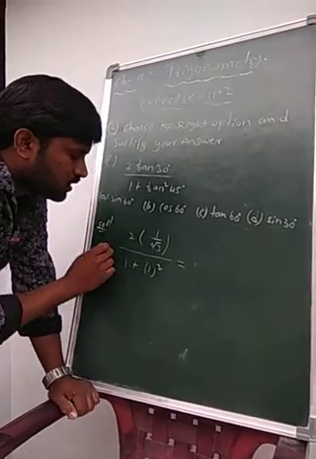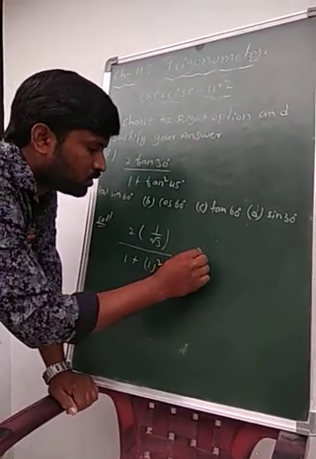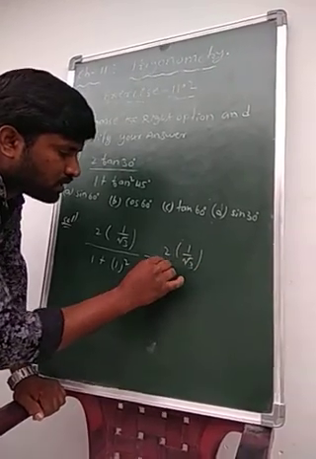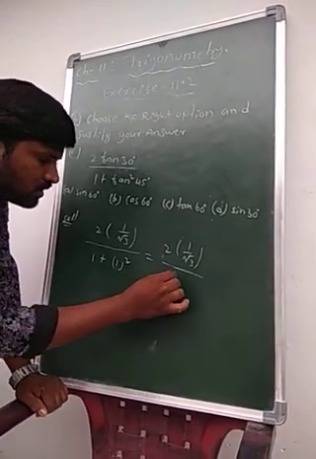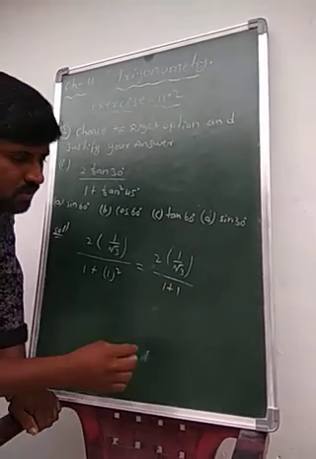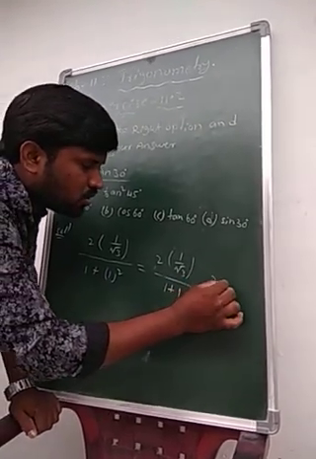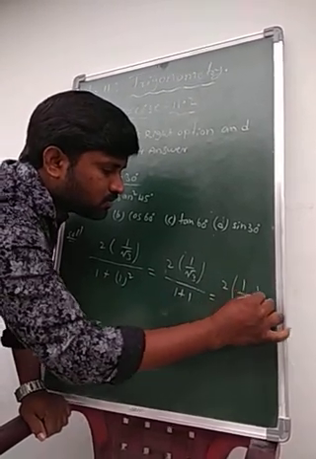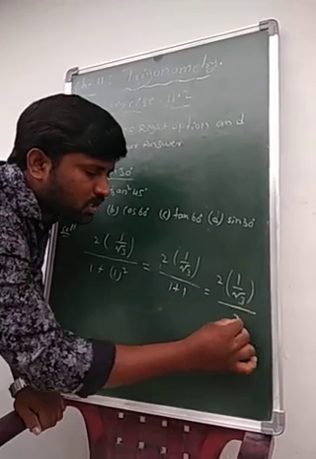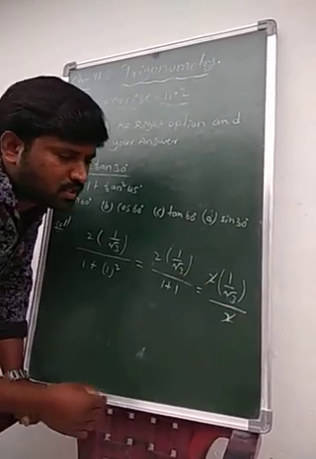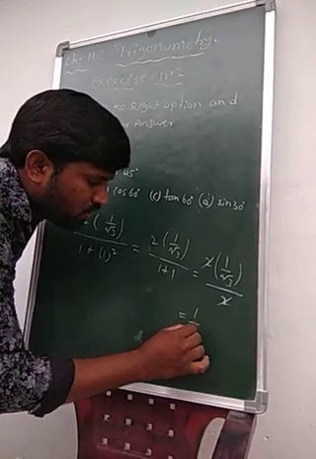Now 2 of 1 by root 3 by 1 plus 1 whole square means what? That is 1. Now we can write it as 2 of 1 by root 3 by 1 plus 1, that is 2. Clearly 2 and 2 cancel. Then we can write it as 1